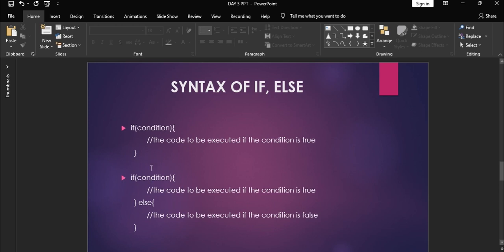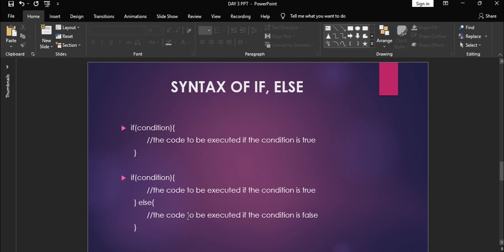But in if, if the condition is false, nothing is printed on the screen. In if else, if the condition is evaluated to be false, the else part is executed, so something will be printed on the screen.